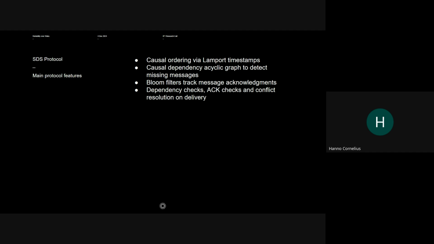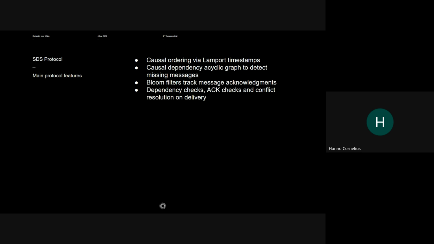The features that we have added now to the SDS protocol, and these are features that we piggyback onto existing messages as far as possible. We include Lamport timestamps. Think of Lamport timestamps as a logical clock or just a simple sequence number that allows us to achieve causal ordering in the network.